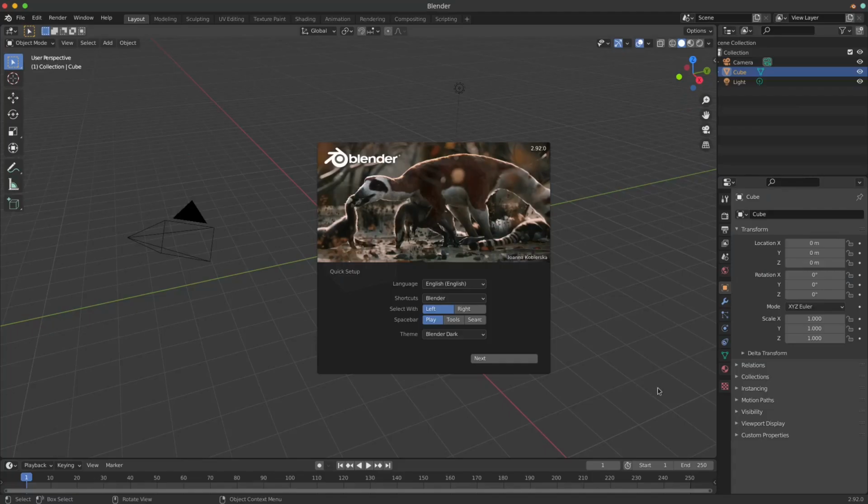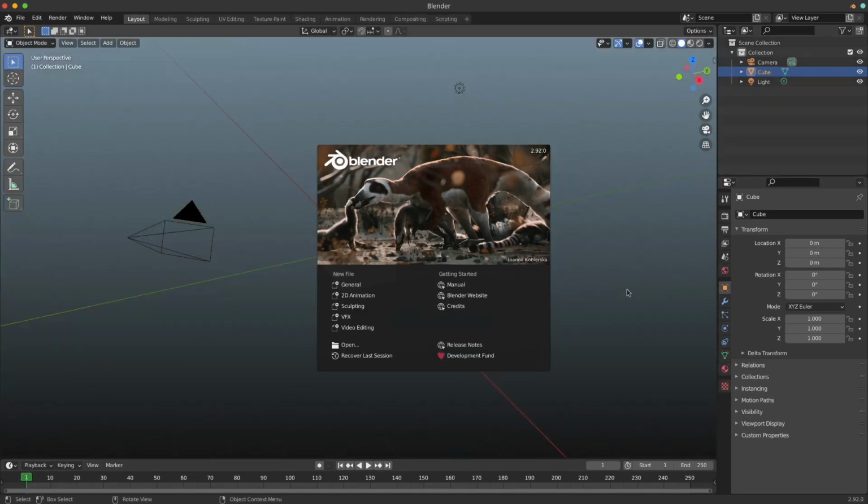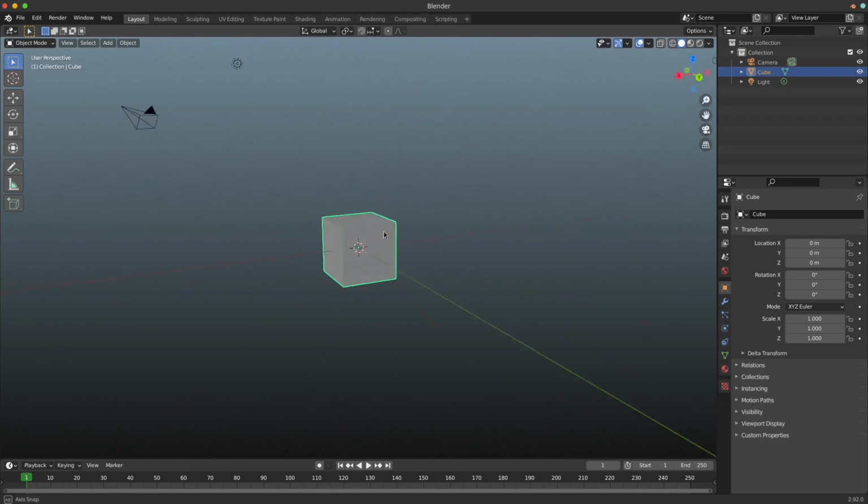Of the wall. So as you can see, I've opened up Blender. This is the first time I'm using Blender on this system, so I'm just setting it up. I like the Maya theme, so I set it to the Maya theme. But yes, first of all, what we've got to do is take this cube and